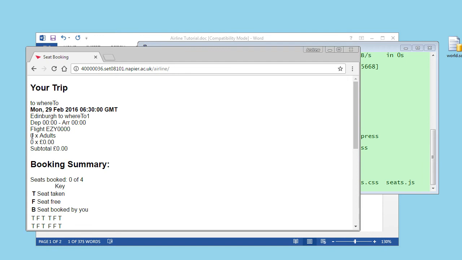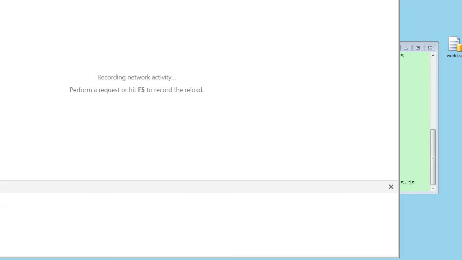It says there are 0 adults, and the subtotal is wrong. That date could well be right. I'm going to Edinburgh 2, where to 1. That should say Geneva, I think. I've got details, and the way this is working is that as soon as the page loads,